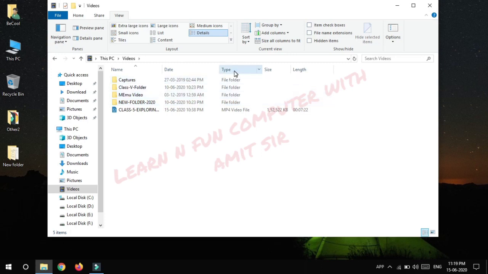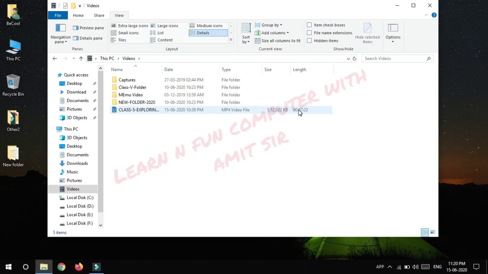The next is type, which tells what type of file it is, like this is a folder, this is also a folder, and the last one is an MP4 video file. You can also see the size of the file and the length of the file, that means how long the file is. As it is a video file, it also shows the length of the file.